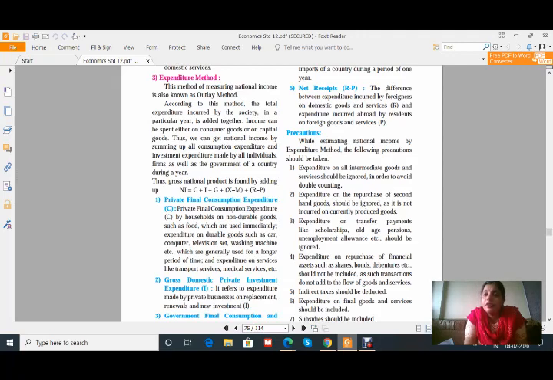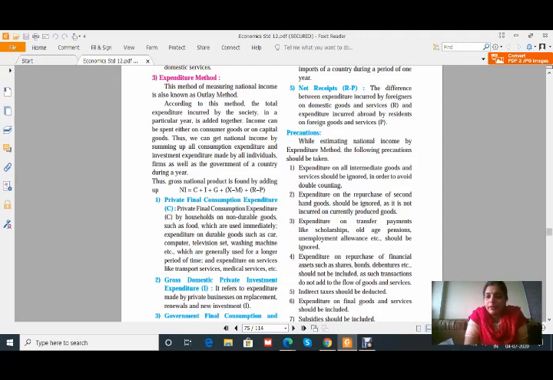Similarly with investment, if a person is depositing his money in a bank and his date of maturity becomes closer, he has two options, either to take the maturity amount with him or to renew it. The same happens with business enterprises also. Whatever their investment is, they can withdraw it for business purposes or they can renew it as an investment. Again, this is also known as investment expenditure, that is denoted by I.